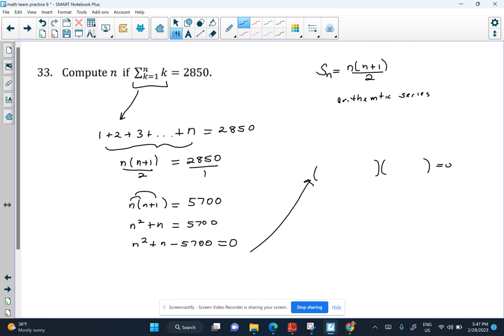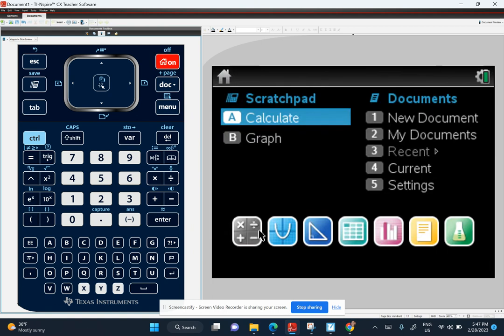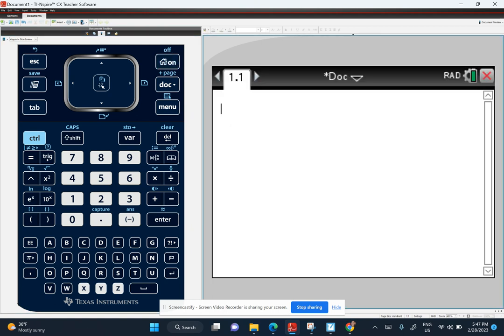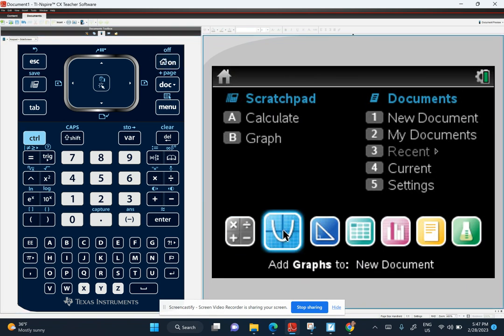Well, on this competition, you can use a calculator. So we're going to go into our calculator, and the way I'm going to show it, and there are other ways, and I'm sure the captains would be happy to show you how to do it, but I, as an Algebra 2 teacher, I'm kind of a little nervous about showing that. I don't want to give all the secrets away. And what I'm going to do, but this one I definitely show all students, I'm going to go into the graphing